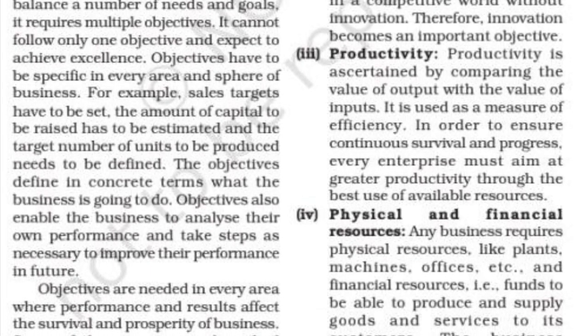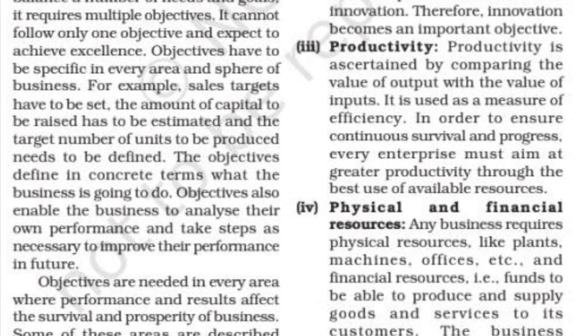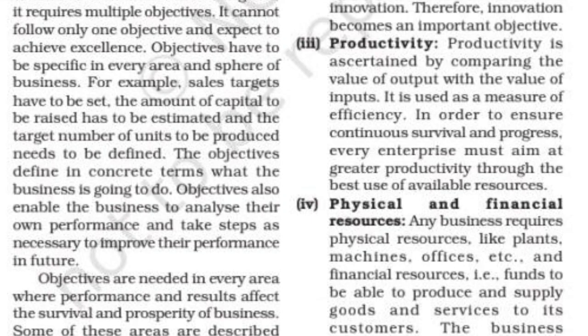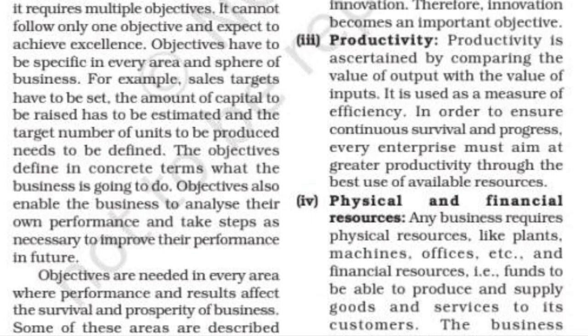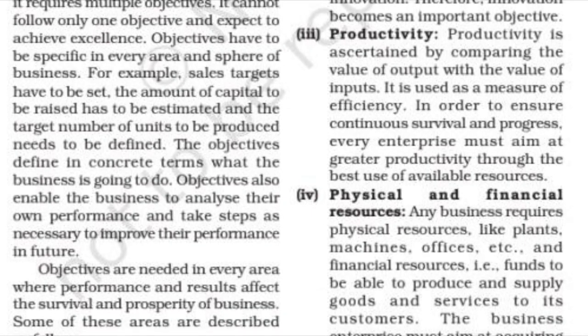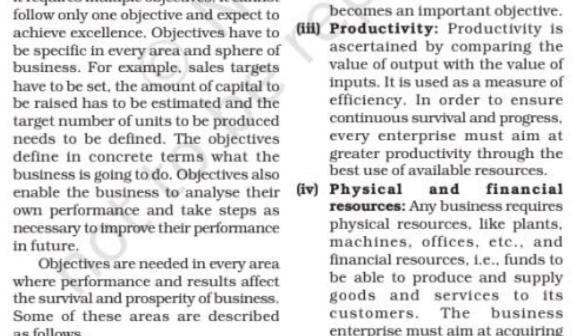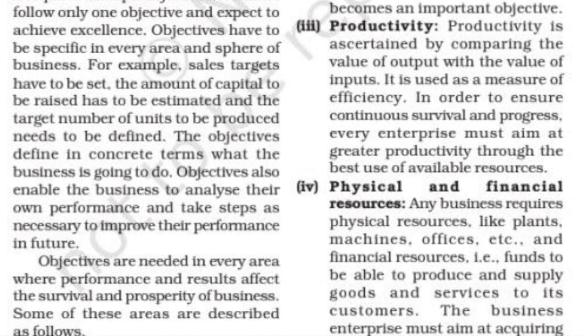So moving on to the next point, it is physical and financial resources. So physical resources basically means the raw materials or any other material, which may also cover machineries, right? The other is financial resources. We all know that basically covers the finance or the money we require for running a business.